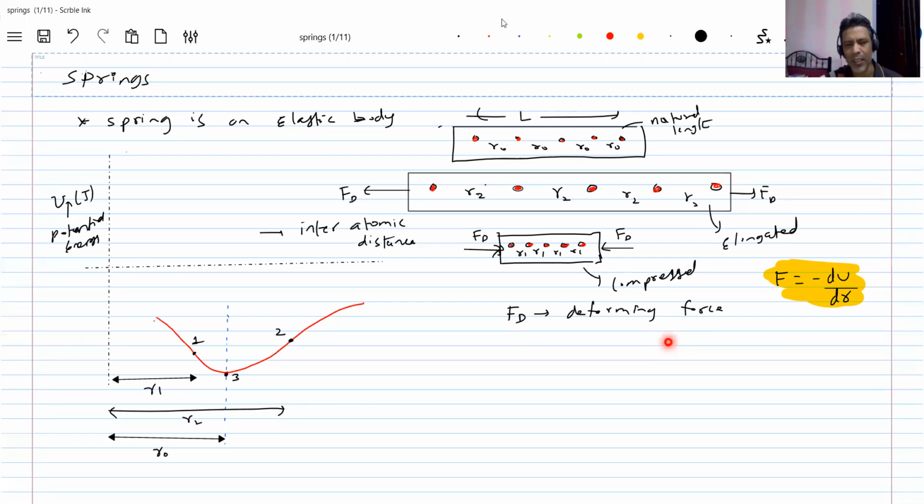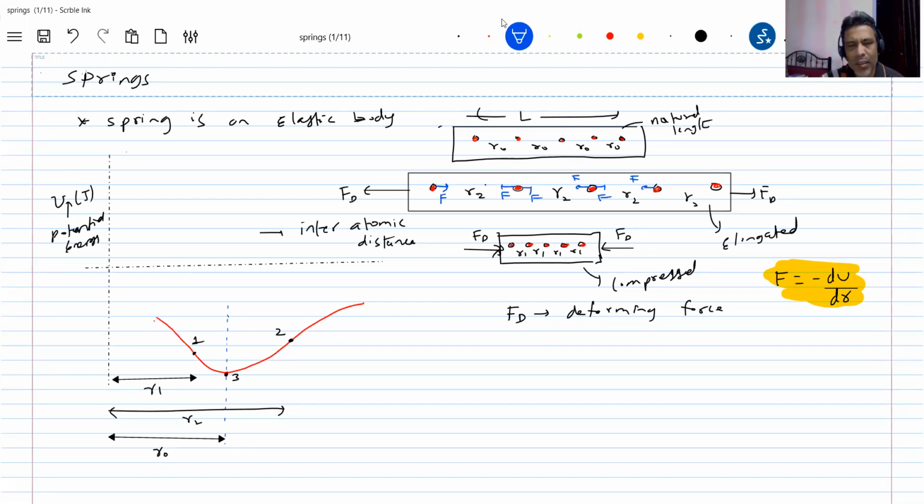Other subjects maybe. Okay, what is the slope at point 2? Slope at point 2 is positive, no? Okay, look, the slope is positive. Then what is F? F will be negative. So what do you mean by F negative? An attractive force will act here. So on the molecules, how will the force be acting? The force will be acting in this direction. And what will this force do? It will try to bring the molecules to their original distance.